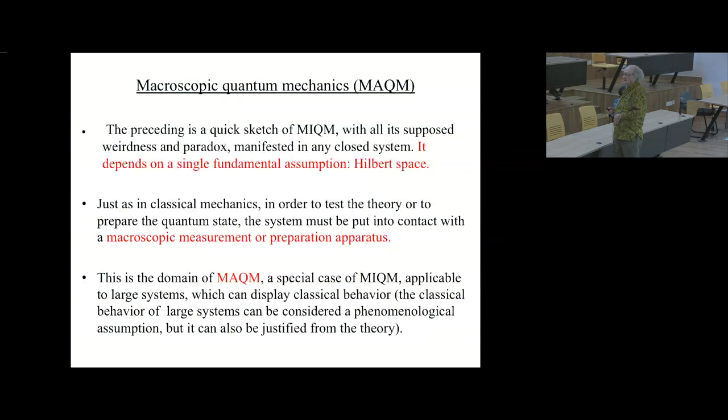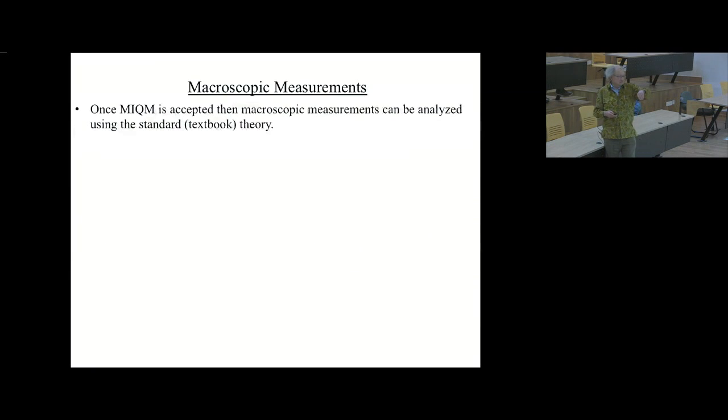No, it's a theorem. The only way you can test it is through macroscopic. You can't test anything in the lab in microscopic quantum. Testing in the lab is macroscopic quantum. And so I'm not even going to go through this because we're all tired and I'm sort of getting to the end. Once microscopic quantum mechanics is accepted, then the macroscopic measurements follow from the usual textbook analysis, which is